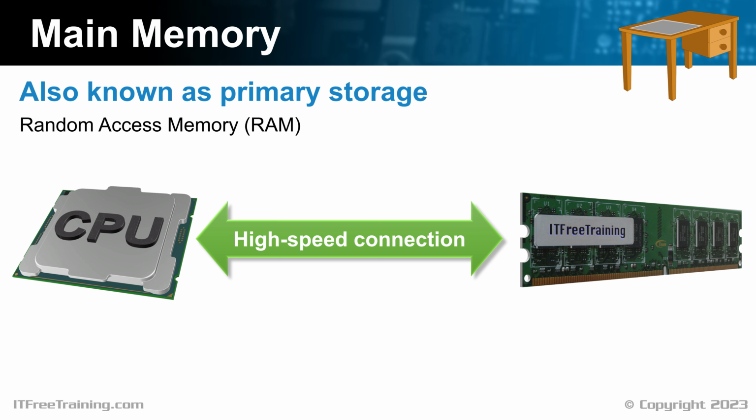Using the example of our table, we can reach out and grab anything on the table quickly. You could say that we could put things on top of each other. However, for the sake of our analogy, we are not going to do that. Essentially, everything on our desk is laid out evenly, so everything is easy to get to. This means taking anything off our desk should take about the same amount of time. RAM works the same way. Anything we access in the RAM takes roughly the same amount of time to access.